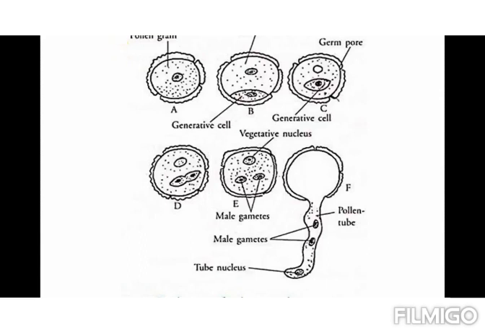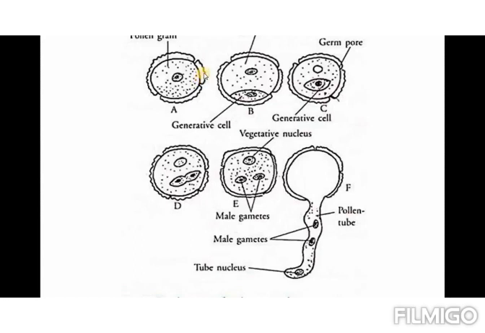It is having 2 layers. You can see in the diagram A, it is having 2 layers. Outer one is called the exine and inner one is called the intine,